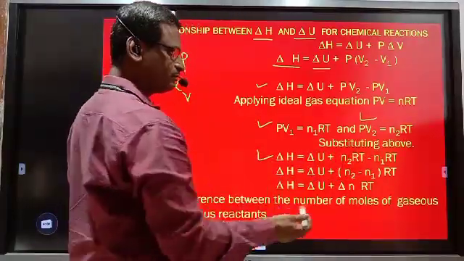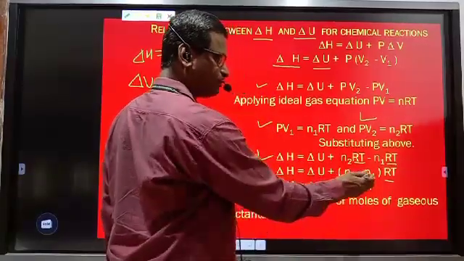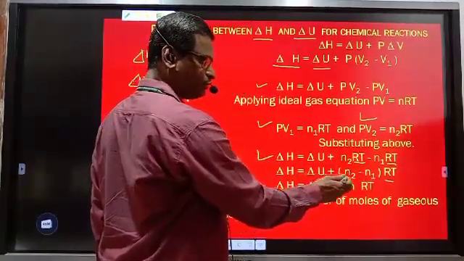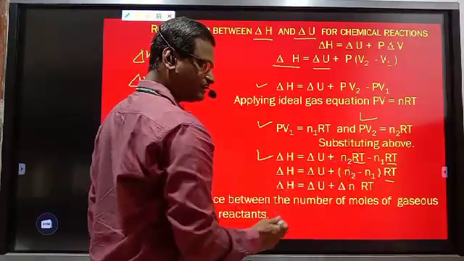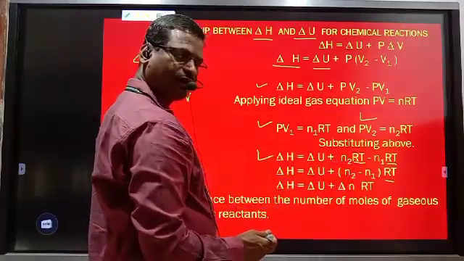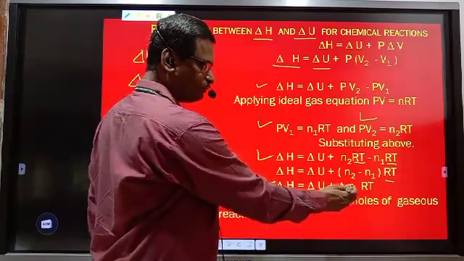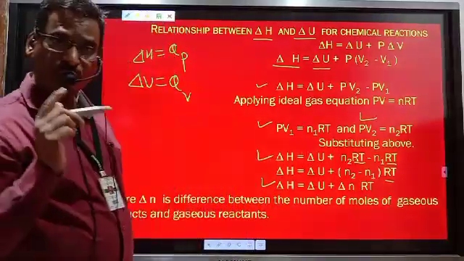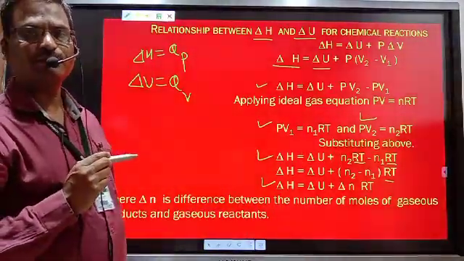Now what is common? RT is common. So delta H is equal to delta U plus (n2 minus n1)RT, and n2 minus n1 is delta n, the change in number of moles. Therefore delta H is equal to delta U plus delta n RT, where delta n is change in number of moles,